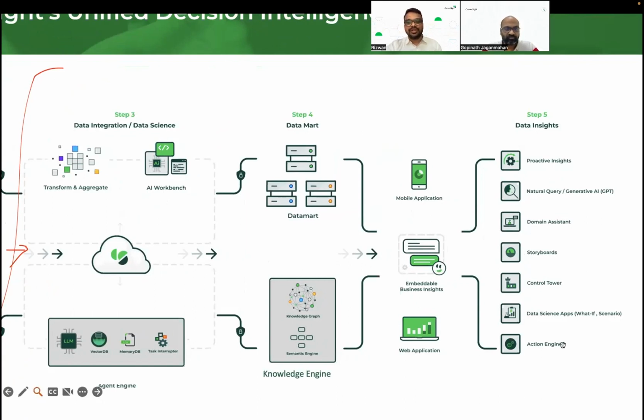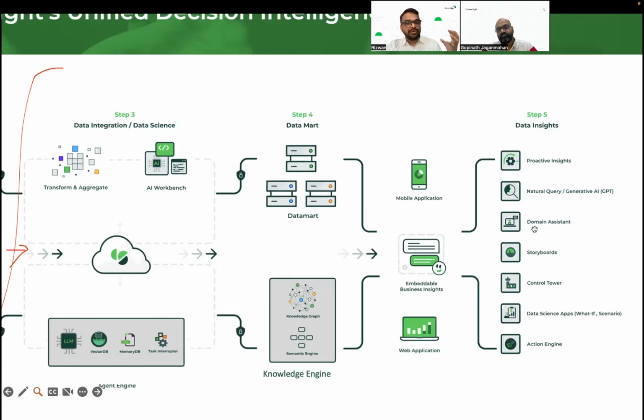Even in my previous role, I used to really struggle with my sales analytics. Hey, which customers do I need to focus on for next quarter, for example? What are the trend lines, and how do I compare with my peers in different industries? In fact, I always say, look, my supply chain team is talking about a lot of stock available in one warehouse, but I'm selling in a very different region. So how can I get that visibility created and make myself a complete domain assistant?